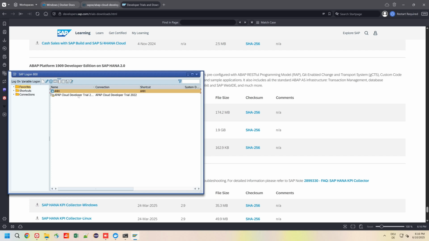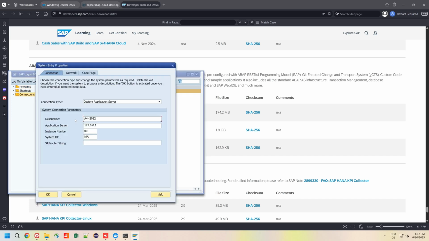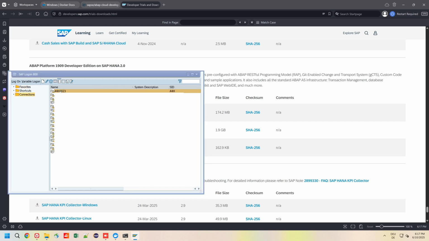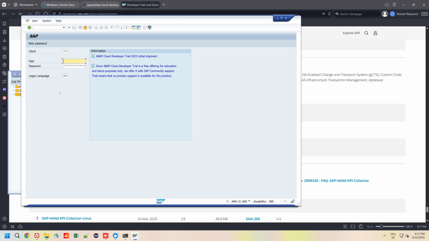So this is my old connection string, and the important properties are the application server, the instance number, and the system ID. You see here application server 127.0.0.1 and so on.